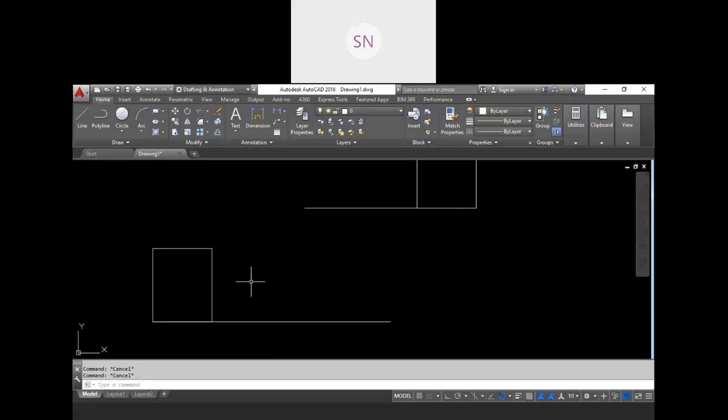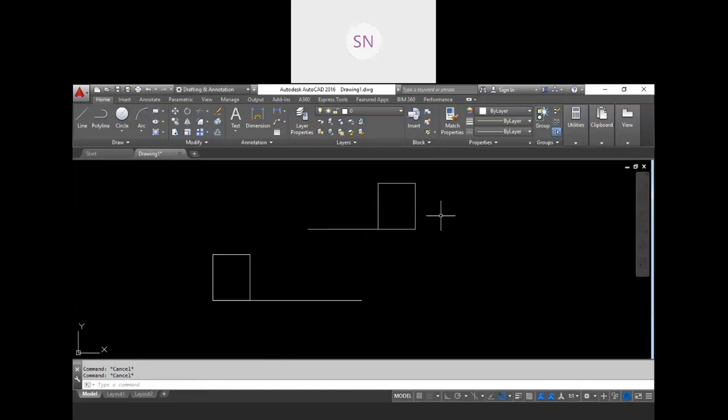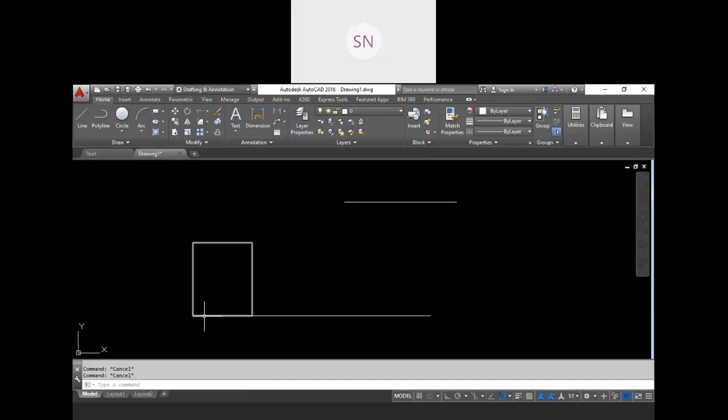And also we have the reference option, if you want to compare your line with another line. For example, I want to scale this object with such a scale factor that this bottom line will become equal with this line. So I want to scale it up with such a value that this bottom line should be equal with this line.